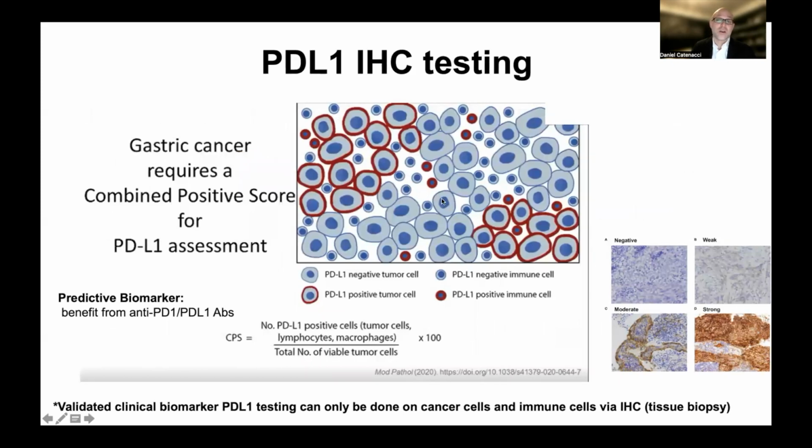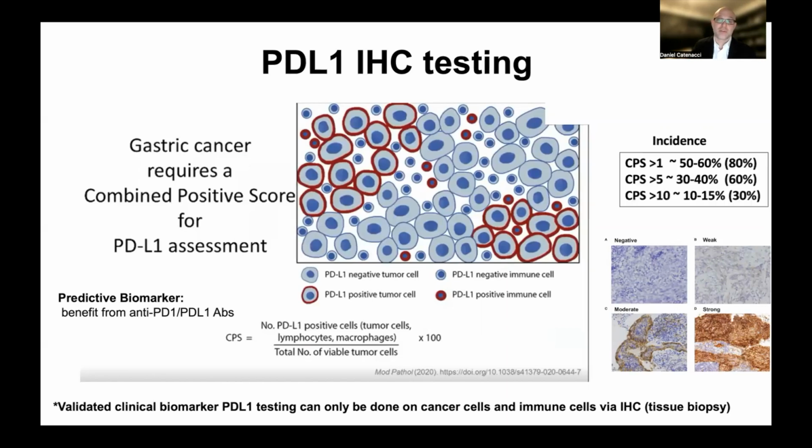And so again, on the right here are examples of completely negative versus very strongly positive and those that are in between. And remember also that this is a test that can only be done on the biopsy sample and can only be done with immunohistochemistry because the gene itself is normal. It's just upregulated in these cells. And again, this is a predictive biomarker of benefit for anti-PD-1 or